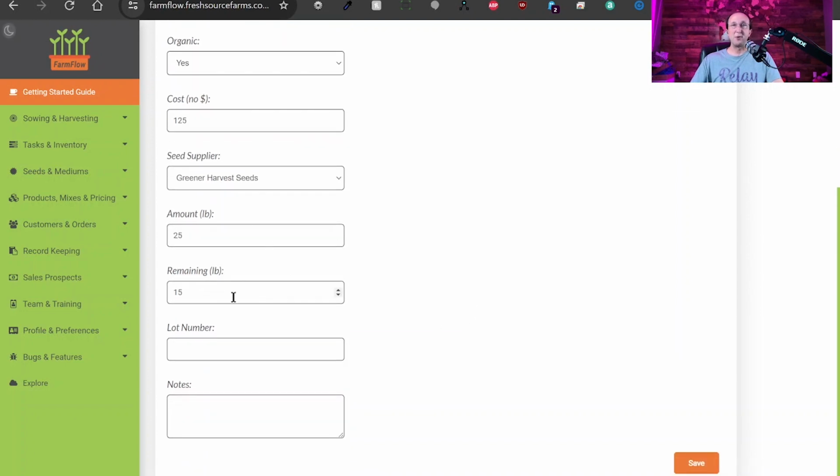So you can enter it in that way as well. So don't worry if you already have something opened. It's no problem. Then you want to put in the lot number. This is super important. So I'm just going to put in 1, 2, 3, 4, 5, 6 for now. But this helps track the seed back to the actual seed supplier just in case. So if you have a sickness or a recall or something like that, it's very important to have this